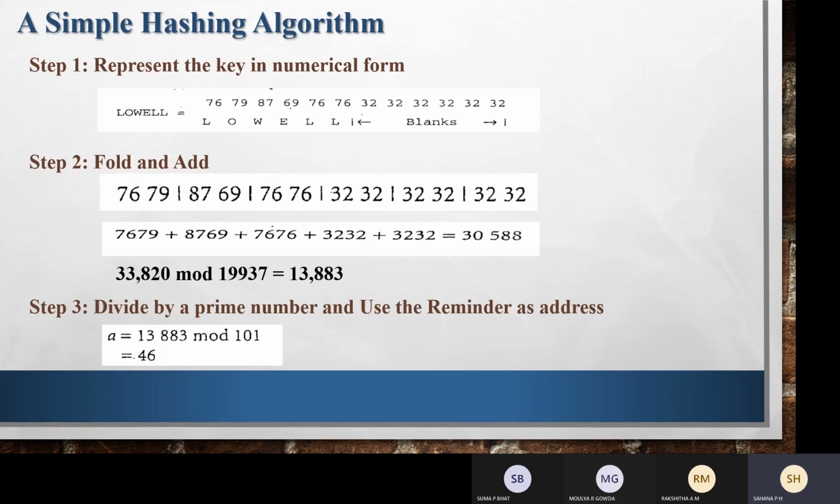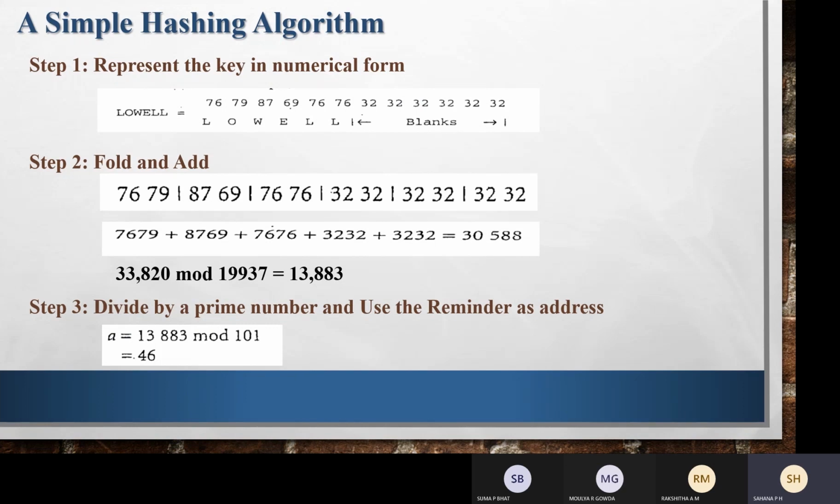One goal in choosing any hashing algorithm should be to spread out records as uniformly as possible over the range of addresses available. This algorithm has three steps. Step 1. Represent the key in numerical form. In this step, if the key is already a number, then this step is already accomplished. If it is a string of characters, we take the ASCII code of each character and use it to form a number. In this algorithm, we use the entire key rather than just the first two letters.